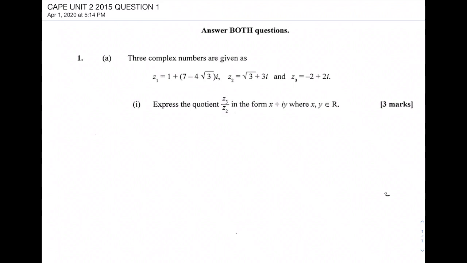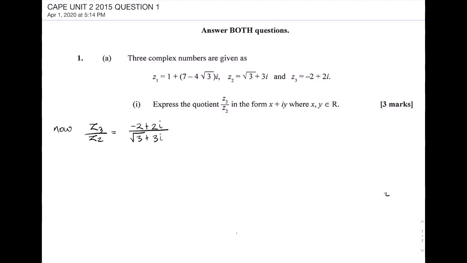Here we are given three complex numbers: z1 equals 1 plus 7 minus 4 square root 3i, z2 equals square root of 3 plus 3i, and z3 equals minus 2 plus 2i. We're asked to express the quotient z3 divided by z2 in the form x plus iy. So we first take z3 divided by z2 equals minus 2 plus 2i divided by the square root of